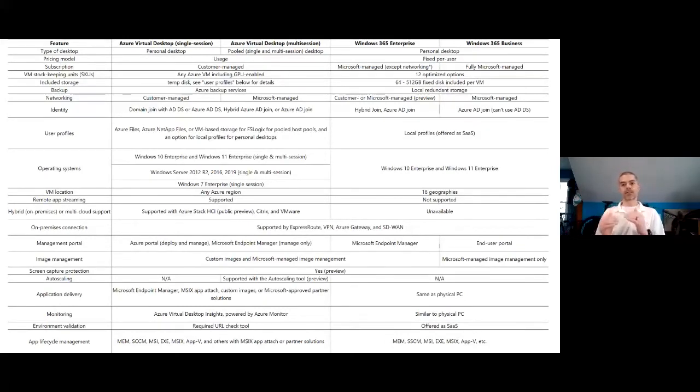So we're going to talk about some of these differences, some of the functionality that exists between them, and some of the use cases and how we might target these things. What I will call out, though, is as you're looking through this list, when we're talking about the VM SKUs up here, note that if you have GPU requirements, you're going Azure Virtual Desktop, at least for those users. If you have app or MSIX app attach requirements, you're going Azure Virtual Desktop. If you need to be present on literally every Azure geography on the planet, you're also looking at Azure Virtual Desktop, right? So there's a few things that might kind of force you into one bucket or the other,